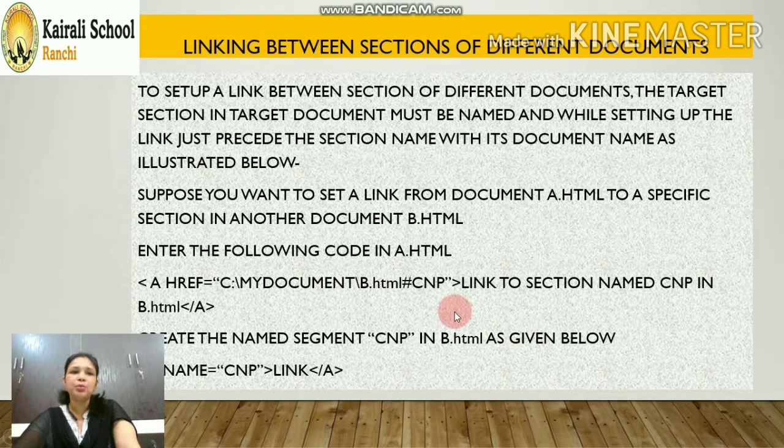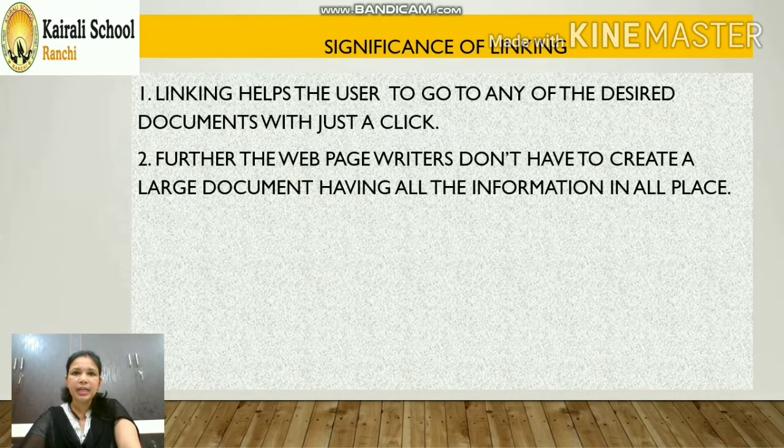I hope you have understood what linking between sections of different documents is. Next is, what is the significance of this type of linking? 3 linkings we did: internal linking, external linking, and linking of different sections of the document. It helps us to go to any desired document with just a click. We don't have to search where the web page is located. If you have connected different web pages together, in a single click you can jump to the desired part of the web page.